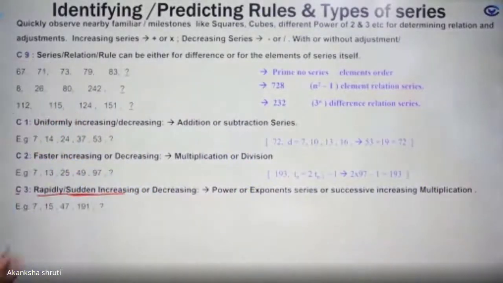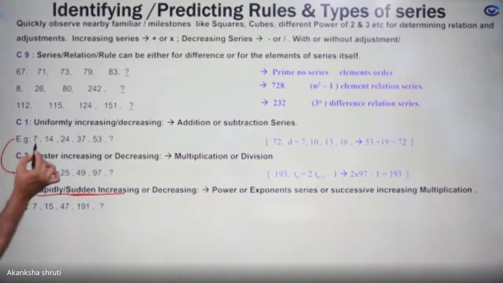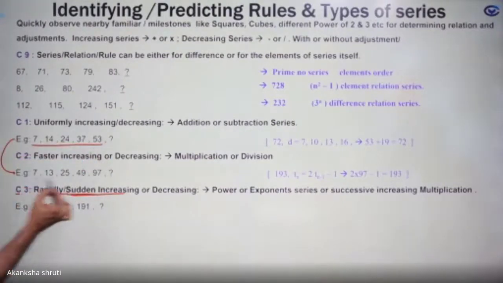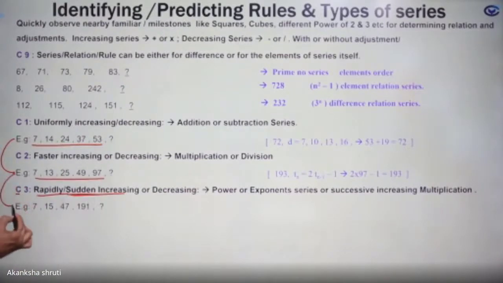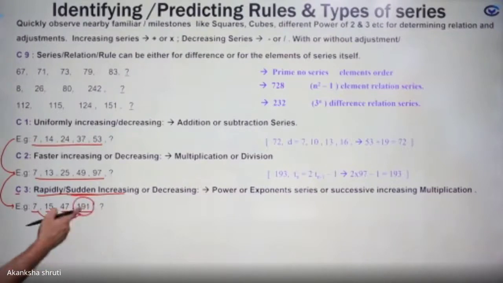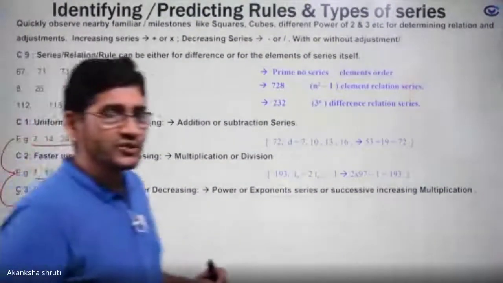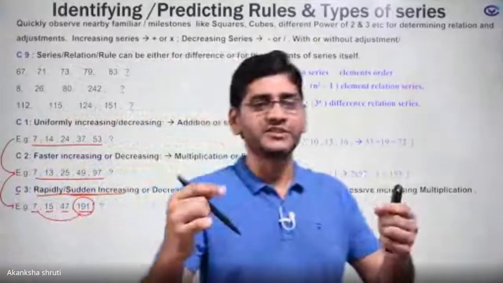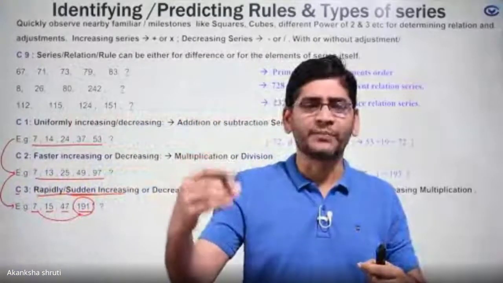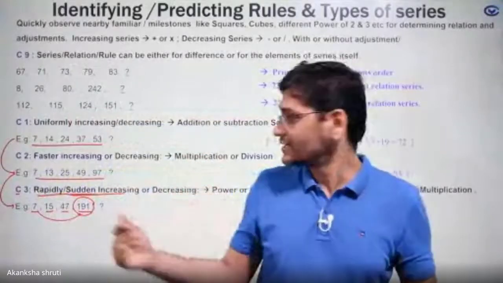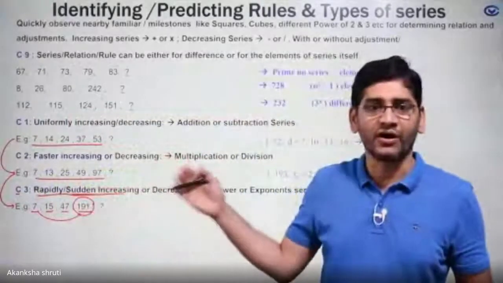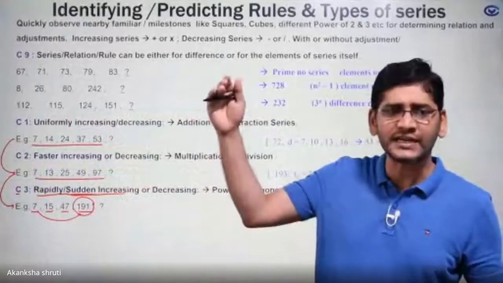Let us see one example. Students, here I have started with the same number. Here we observed that the variation was uniform. Here the variation was faster, but starting with the same number 7. Here it is 7, 15, 47, 191. Here you are getting that just after the fourth term, the number is very, very large. Okay, students. So when the variation is very large, it is called a rapid jump or sudden, or when the series is ramping or in zigzag, it means it has increased very fast.